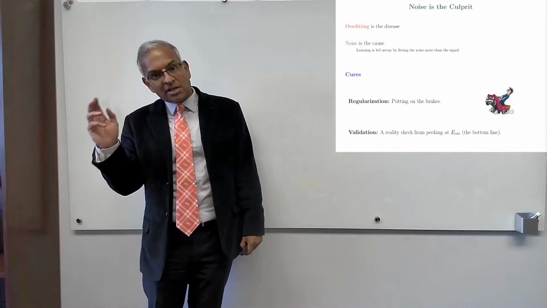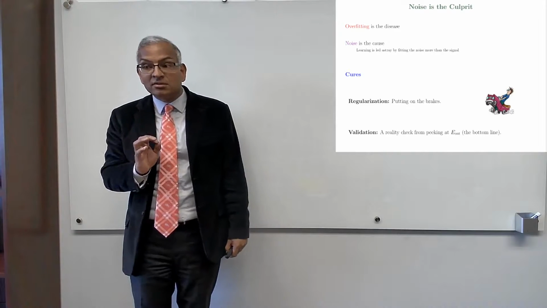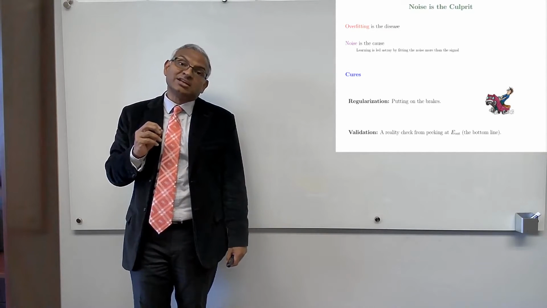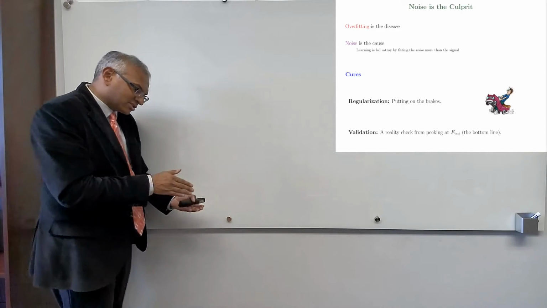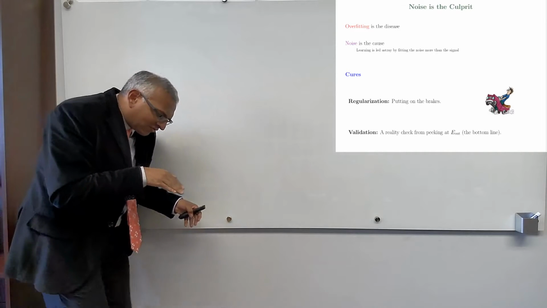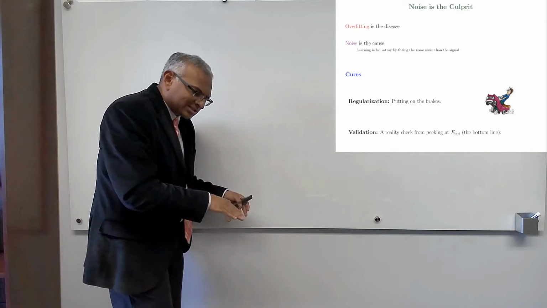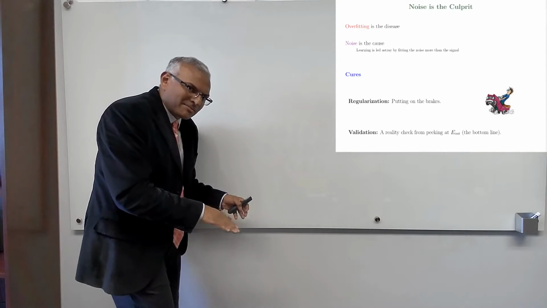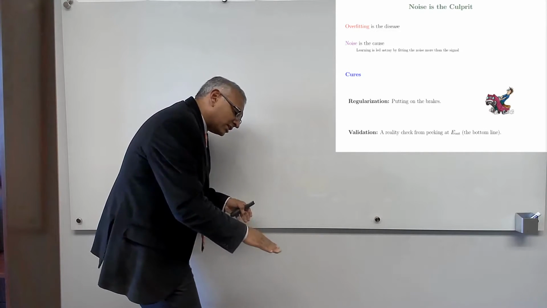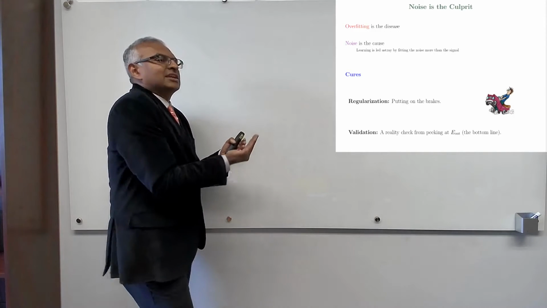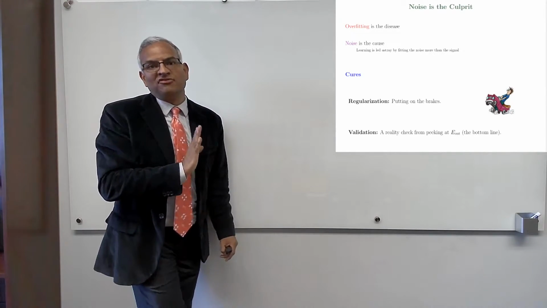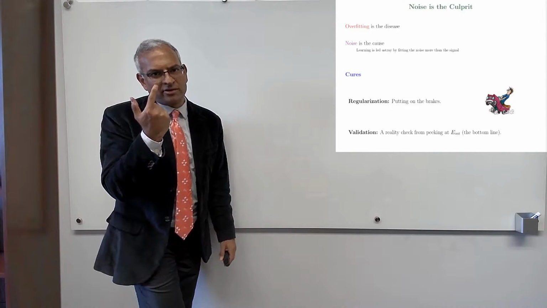So we're going to study next regularization, which is a cure for overfitting. And we will also study validation. Now, quick summary. So regularization: you're the learner, you have your hypothesis set, and you're fitting the data. You're getting lower and lower in-sample error. But at some point, overfitting kicks in, and your fitting of the data, giving you lower and lower in-sample error, is resulting in higher and higher out-of-sample error. So it's time to apply the brakes on the fitting. And that's more or less what regularization does.